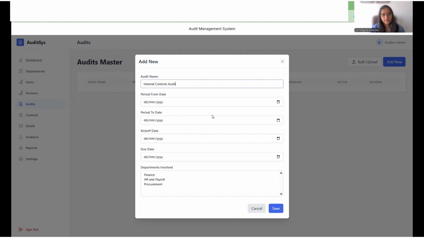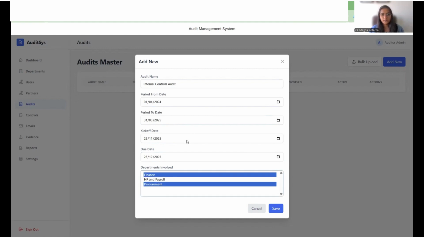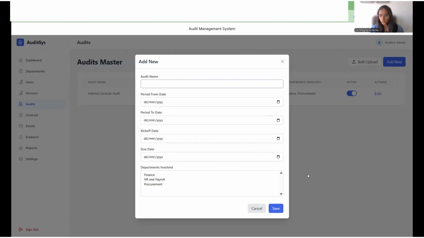Internal controls audit. Say the period is, kickoff date is say, if I want to finish it by say December. And I'll select finance and procurement department for this audit for the evidence collection. And I'll save this. Let me create one more audit,